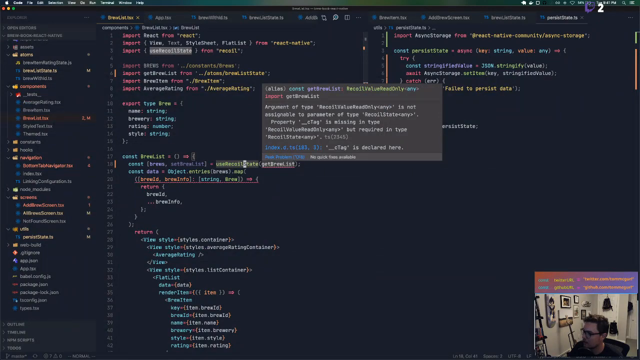So it's going to say argument of type recoil value read only is not assignable to parameter type recoil state any. So, right, selectors aren't settable. That makes sense. It makes sense because they're just derived from state. So what we can do